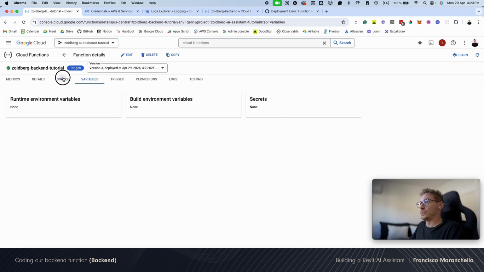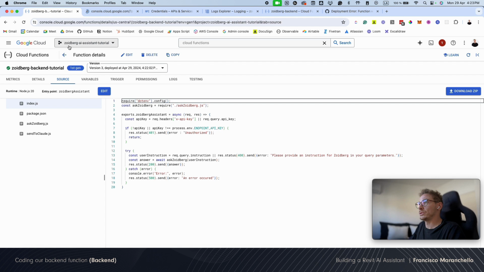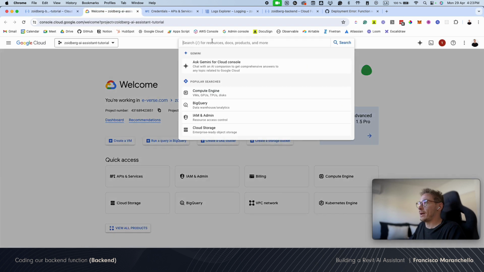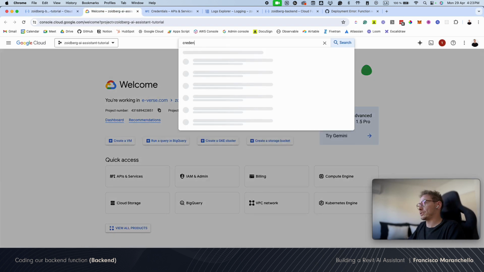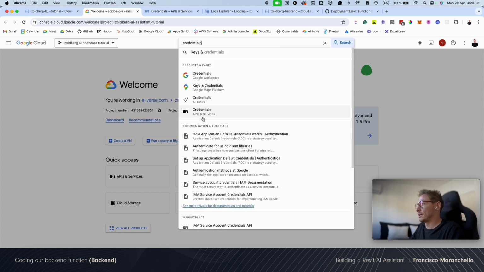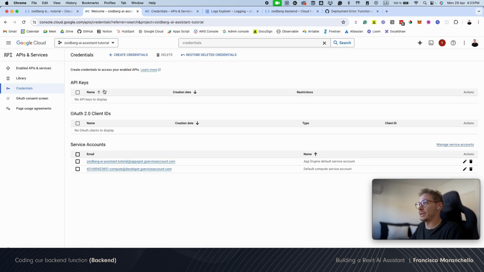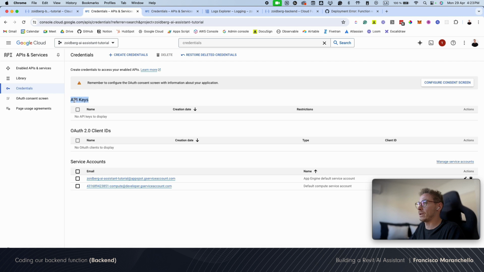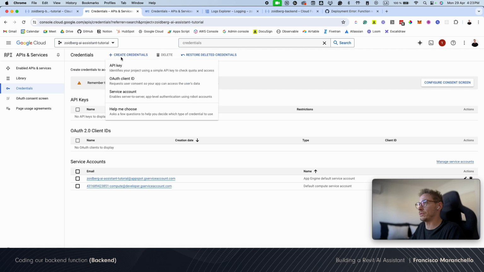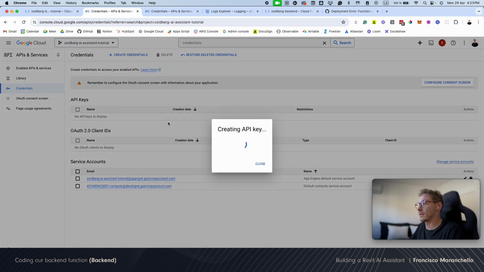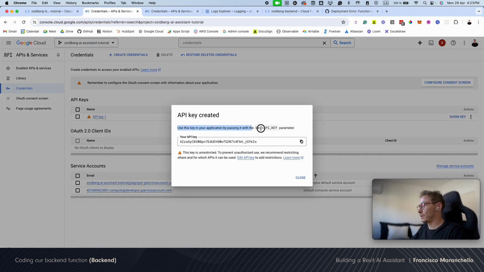So we're gonna go to open a new tab here, Google Cloud, and I'm gonna go to credentials. This one should be it, and we have an API keys section right there. And we're gonna go to create credentials, API key, and we're gonna wait for this to be done. So we have an API key right here that we can use with our application. We're gonna copy it,